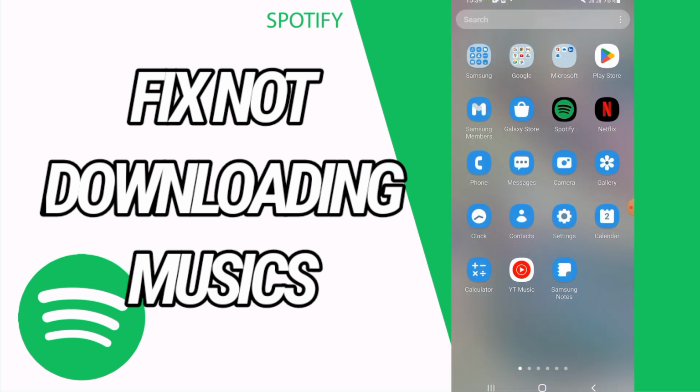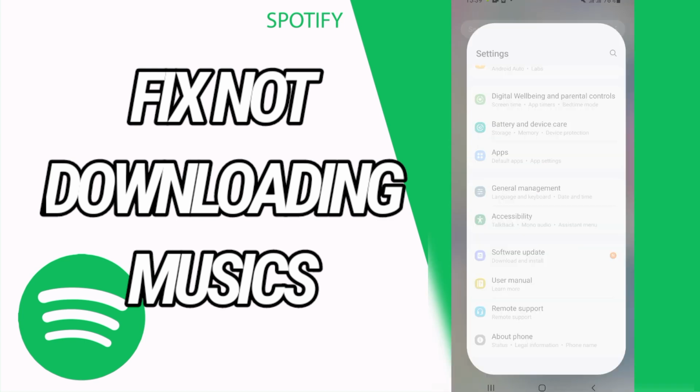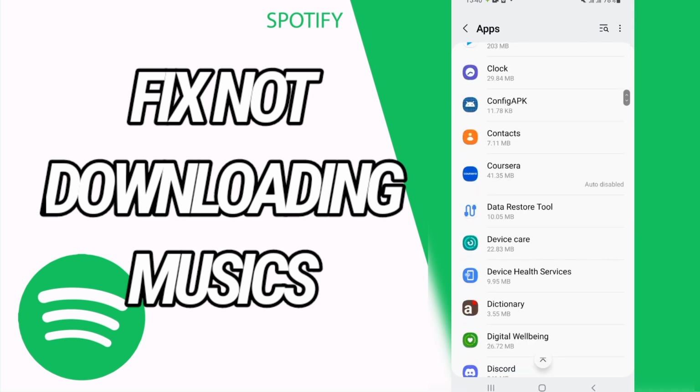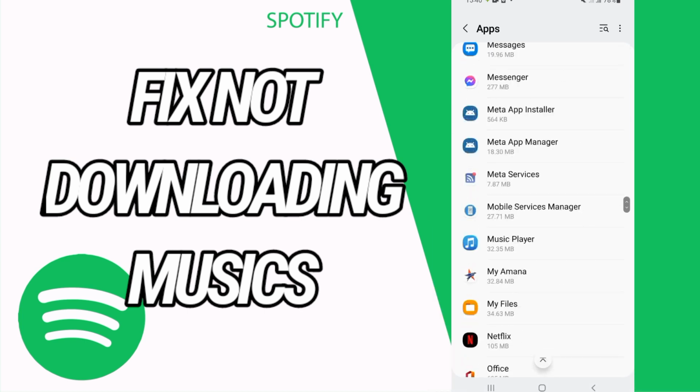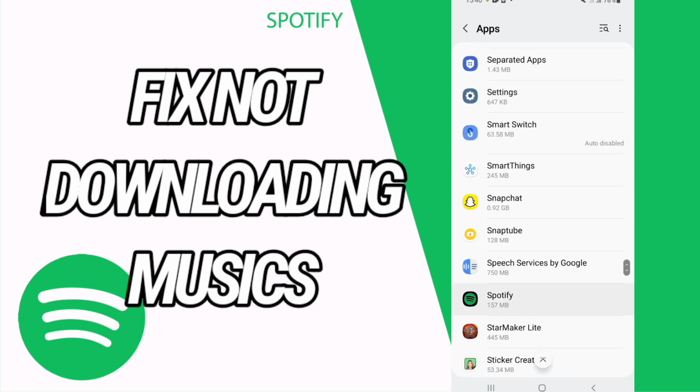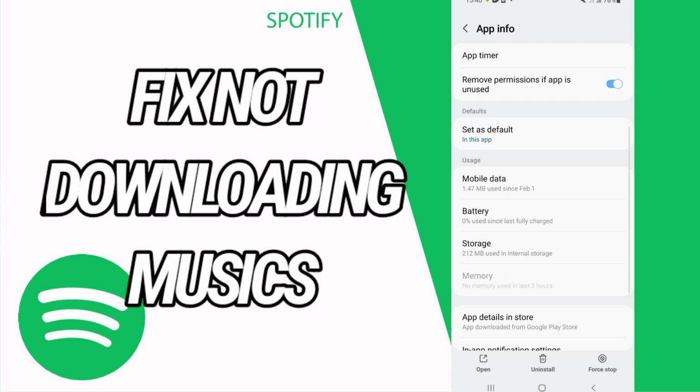So let's start. First, you have to go and open the settings of your device or your phone. Then you have to go directly to Apps or Applications. Here you will find all the applications that you have on your phone. Search for Spotify, and when you find Spotify, just open it like this and go to